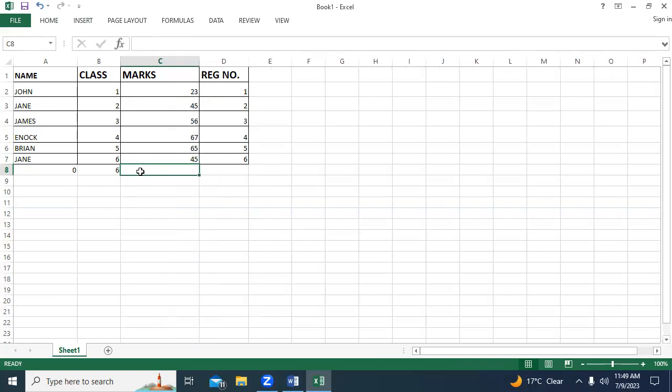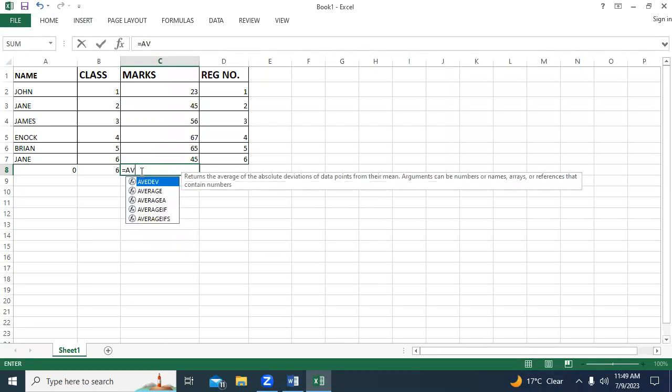So for you to find the average, you just need to write the following formula. So remember, in any function in Microsoft Excel, you must start with an equal sign. So you write equal sign, average,